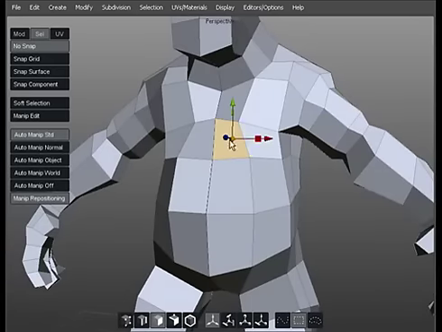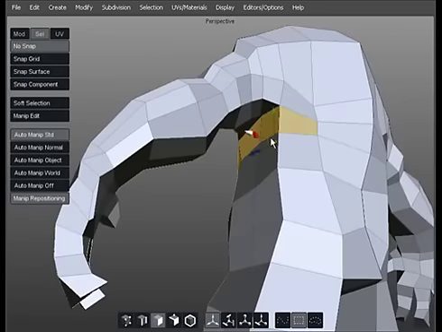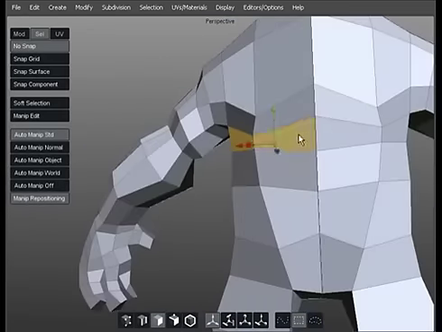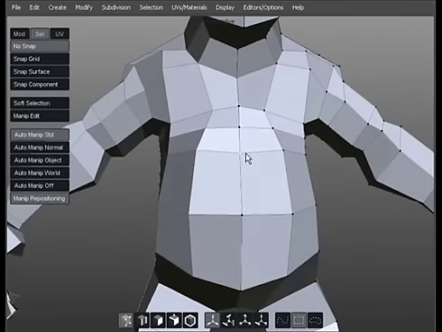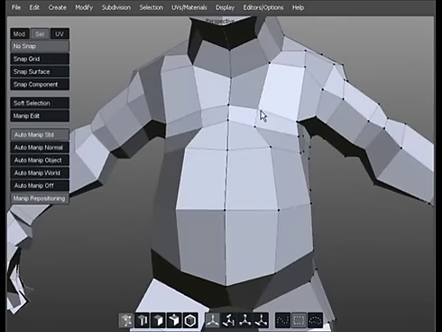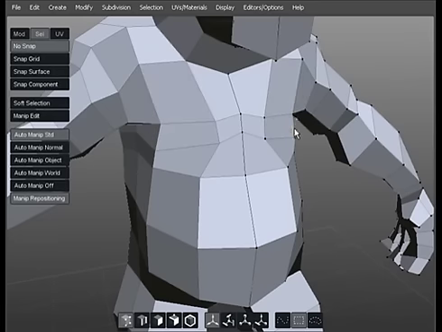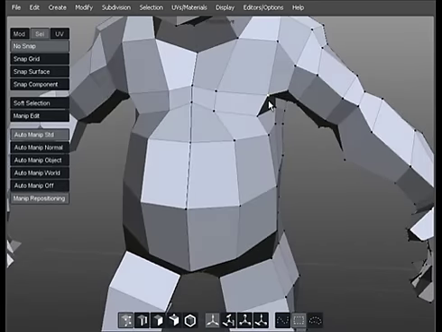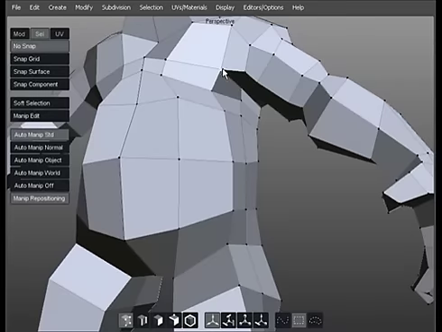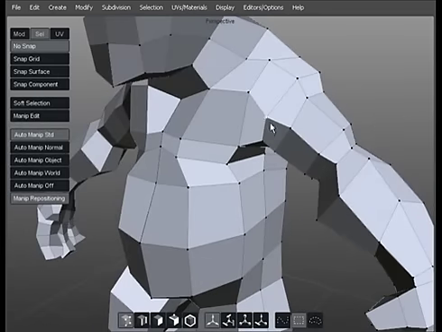Okay, so I'm now going to run a split from there underneath the chest. In fact, looking at this, we can go all the way around on this one, like so. And that will give me what will become the chest area, like so. What I want is, when I've finished the neck section, I want this line to come up through